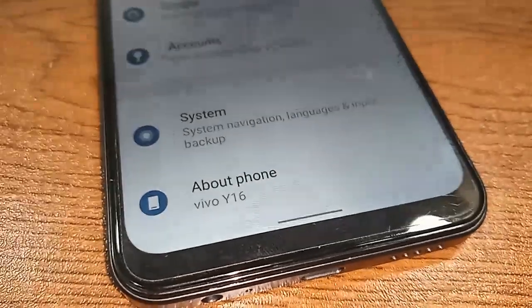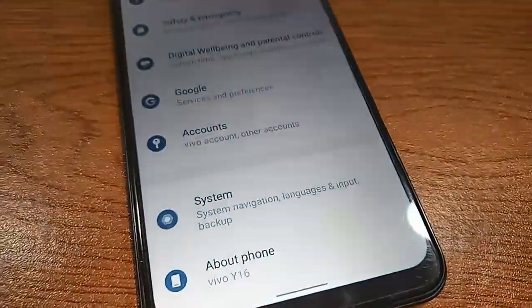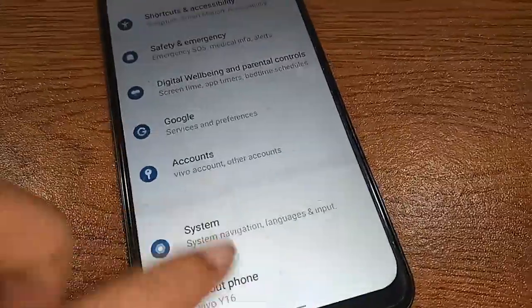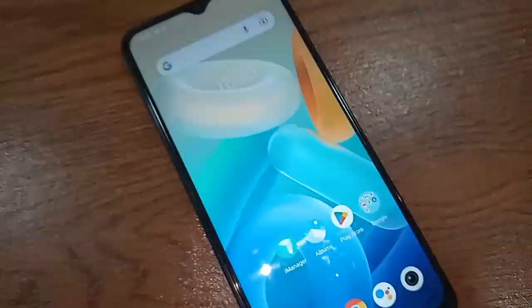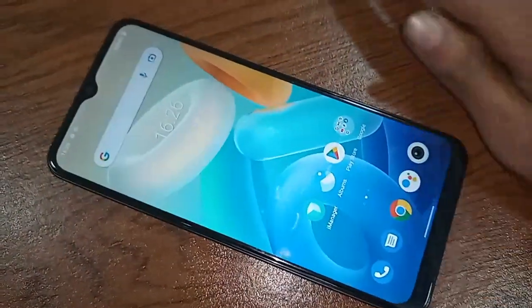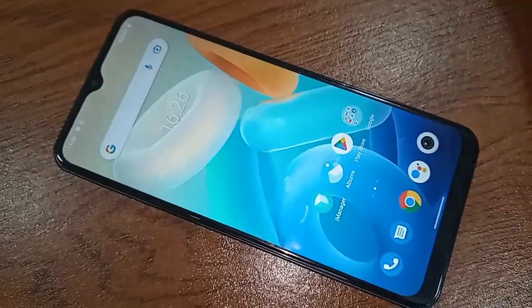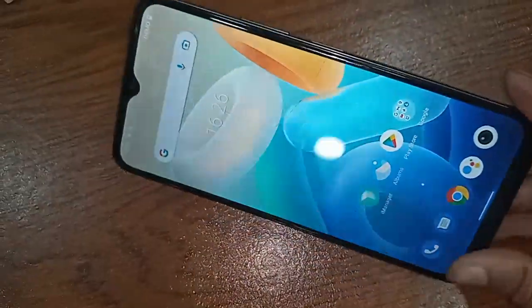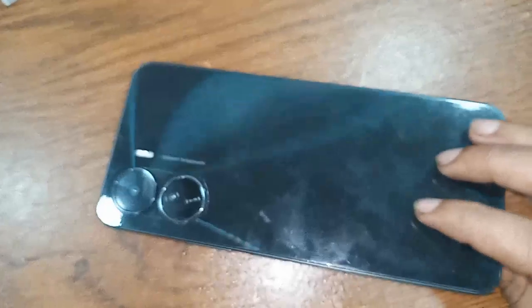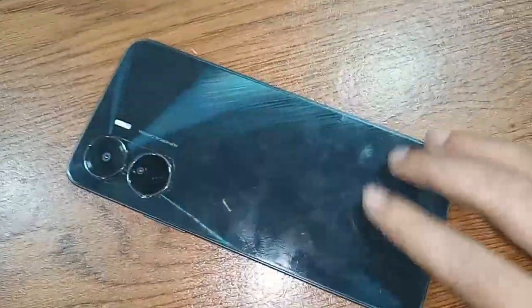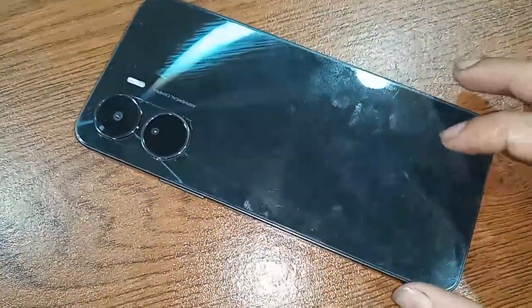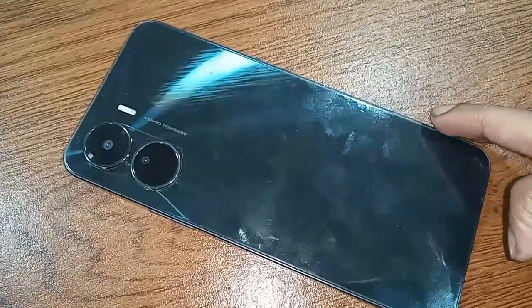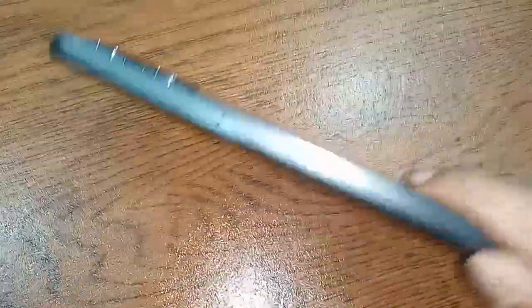Hello dear viewers. The model of phone that I have in my hand is Vivo Y16. Now I'll show you how to increase the RAM on this phone and how to enable extended RAM in the Vivo Y16 phone. If you want to extend your phone RAM or increase your phone RAM, for this first